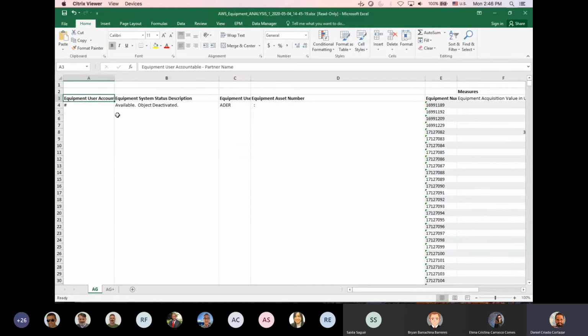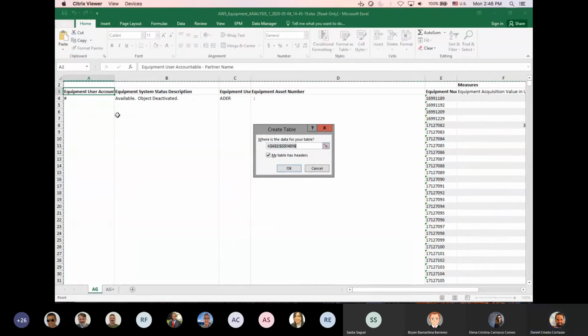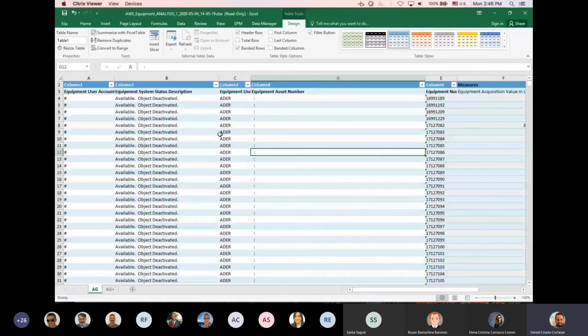If you want to create a table, you press Control T. I press Control and then the letter T on my keyboard. So Excel understands that I want to create a table out of all the data and asks me whether that table has headers or not. I can tick yes, my table has headers. So the first row is the headers. If I click OK, you see automatically I have my